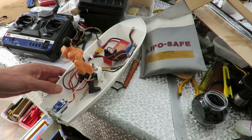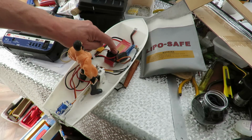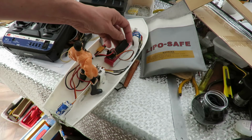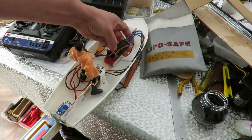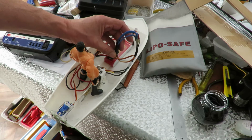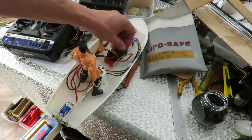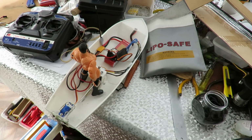Okay, so we've got a waterproofed receiver. So I'm not going to worry about the ESC, mainly because I have to cut it open to get the varnish on it. Yeah, I'm just not going to bother. So, ready to go and